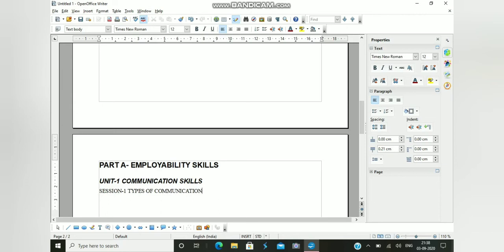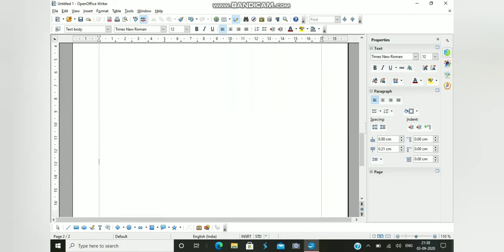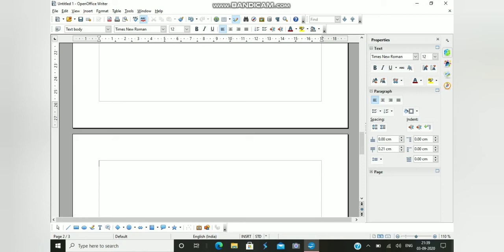Now let's go down below to the next page. Here we have typed about our unit 1. So in the third page we will type about unit 2, which we have as self management skills.